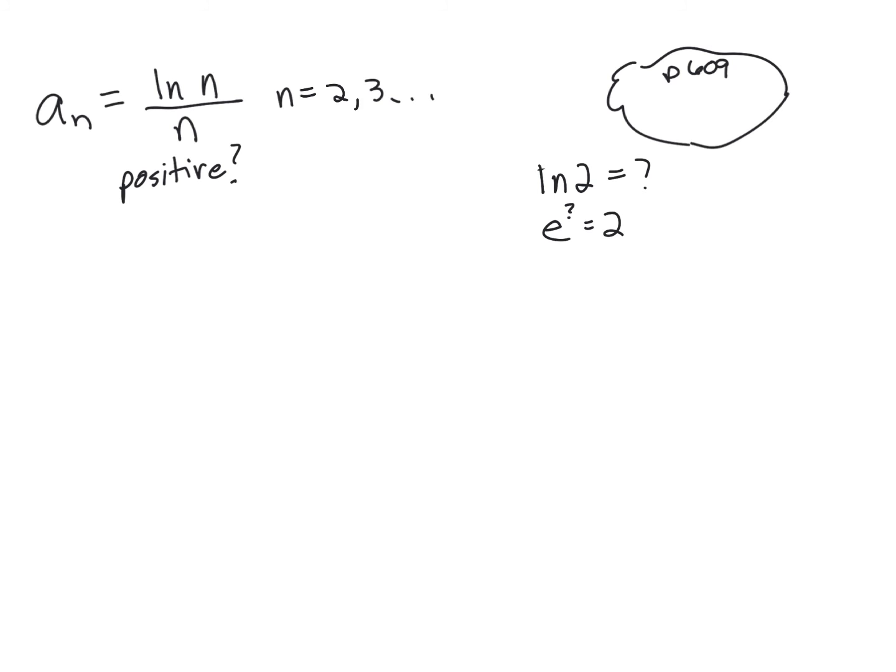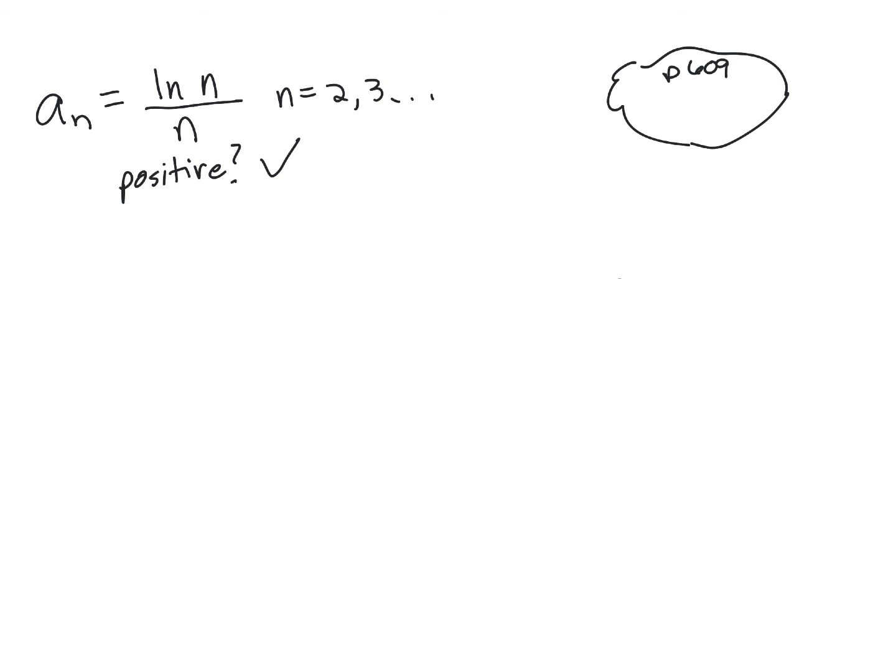So that exponent has to be positive. It's smaller than 1. It's a root. You have to take some root of e to make it smaller than itself, but it's definitely not a negative number. So that was my thought bubble. So we see that it's positive,